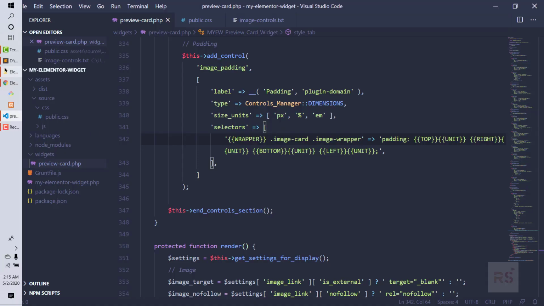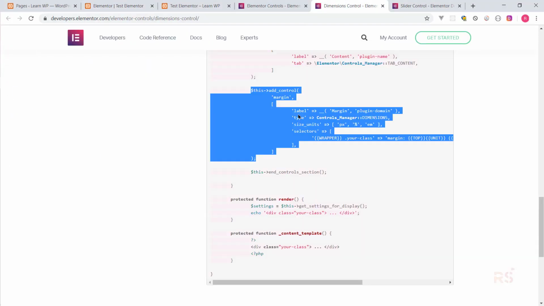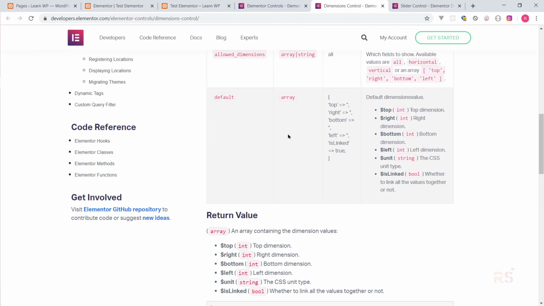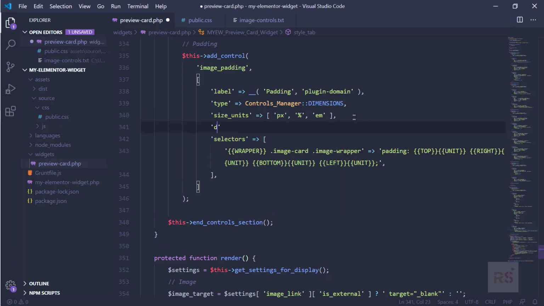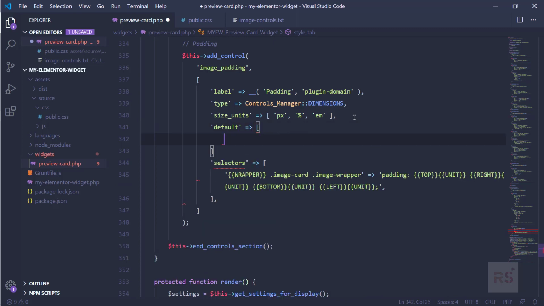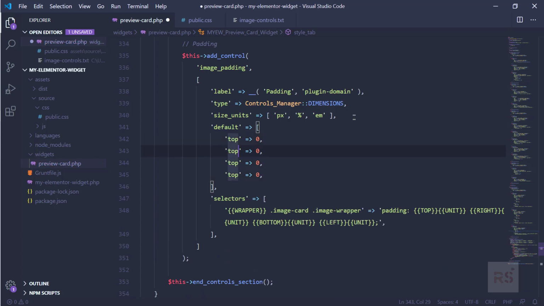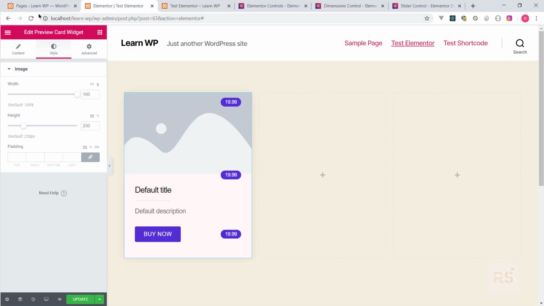So if we go back into the Elementor and dimension control, there is a default, there it is. So it's an array, so you can define top, right, bottom, left, and all the values integers. So let's do that. So let's say default, and it's an array, and let's say top, let's say 0, and let's say top right, and then the bottom, and then the left. Alright, so let's go back and hit a refresh,